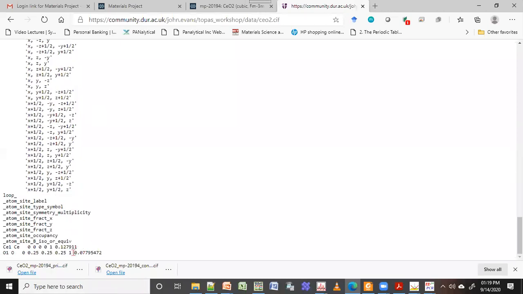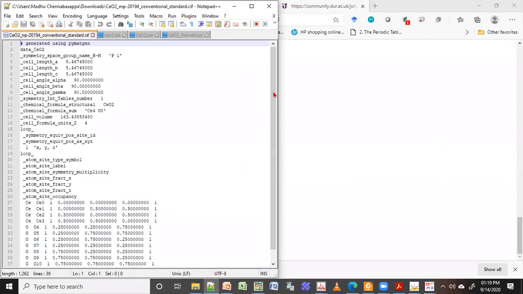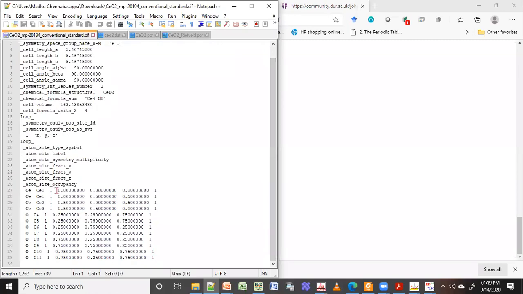You actually don't need to specify all the coordinates. You can see here cerium oxide, it is given as 0, 0, 0. In our zip file that we got from the Materials Project, cerium is given at 0, 0, 0, then 0, 0.5, 0.5, then 0.5, 0, 0.5, and 0.5, 0.5, 0.